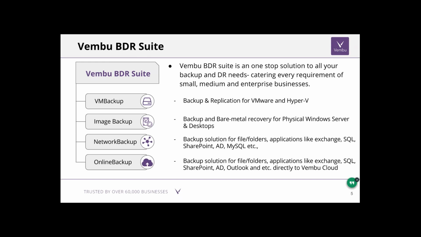Wembu VM Backup is meant for backing up virtual environments like VMware and Hyper-V. You'll be backing up the entire virtual machine in a single shot, and you can perform a granular recovery for applications like Exchange, SQL, SharePoint, and even file and folder level recovery without performing a manual restore. For physical servers, you're going to use Wembu Image Backup, where you take a complete snapshot of the physical disks on your physical server machines, and you can also perform the same granular recovery. This is also an application-aware backup, which ensures the consistency of the applications running inside those machines.